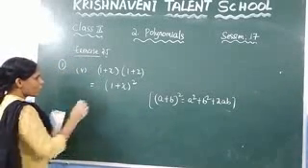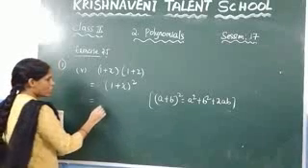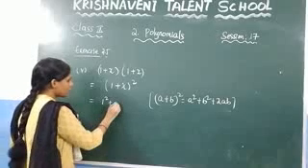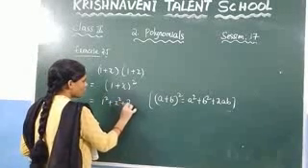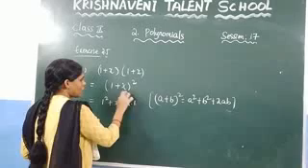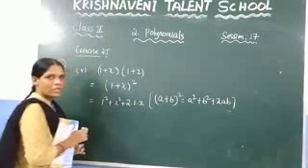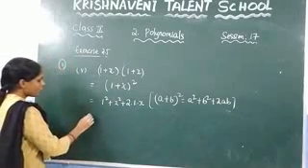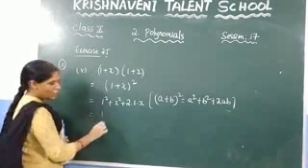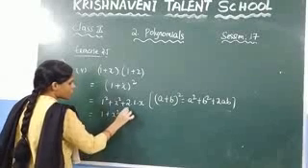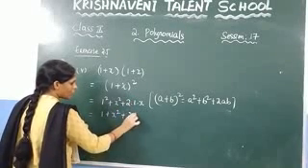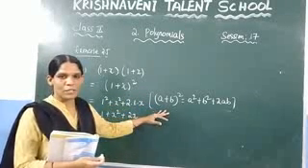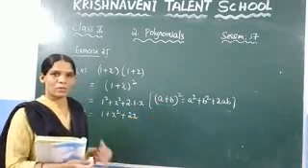So here what is the value of a? Which is 1. So write here 1 square plus, what is the value of b? Which is x. So write here x square plus 2ab, 2 into what is the value of a, which is 1, and what is the value of b, which is x. So here it is in the form of a square plus b square plus 2ab. So you can write it as, what is the value of 1 square, which is 1, plus x square plus 2 into 1, which gives you 2x. So we have just expanded this one by using the identity a plus b whole square, which is nothing but a square plus 2ab plus b square.